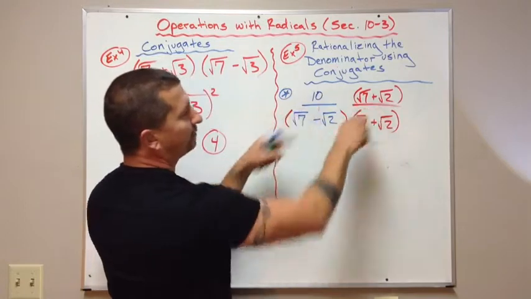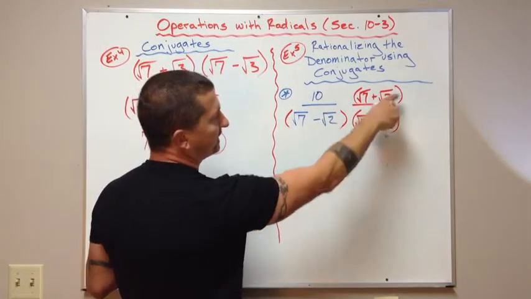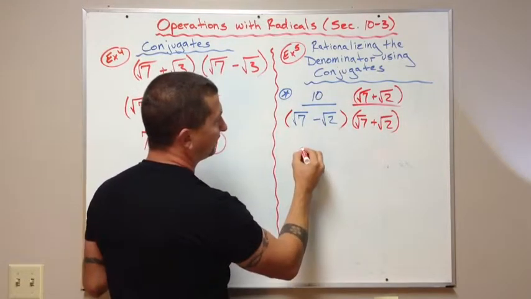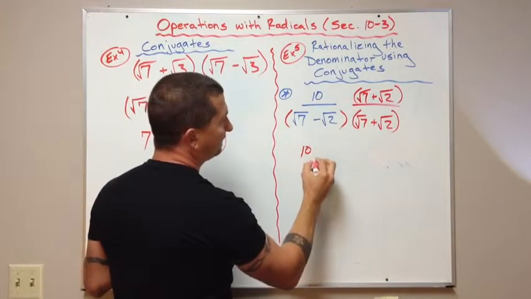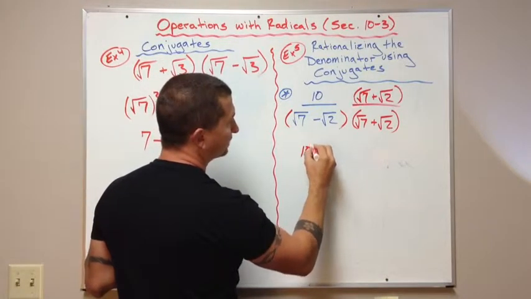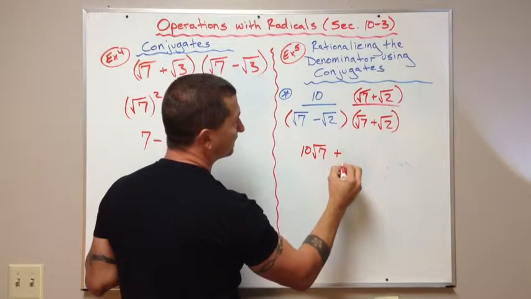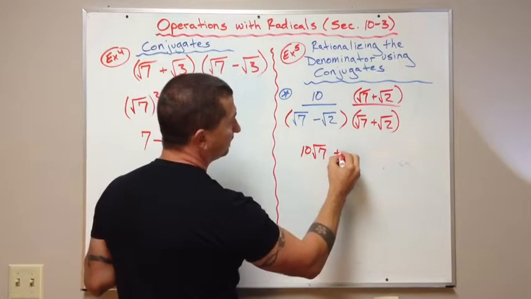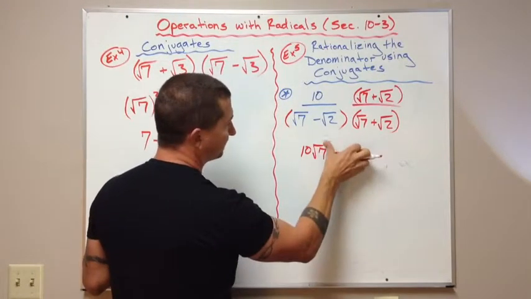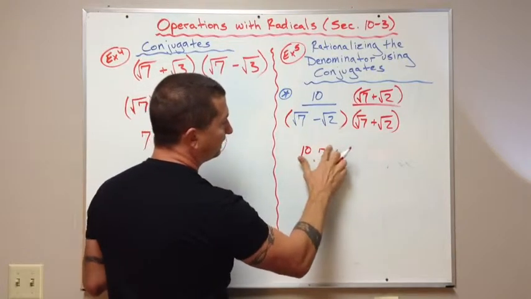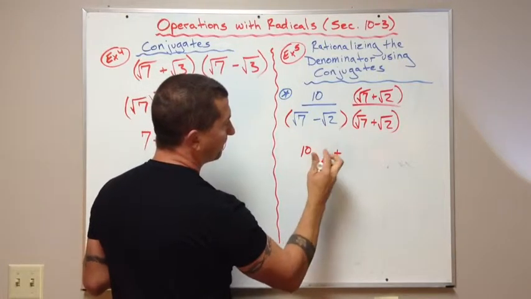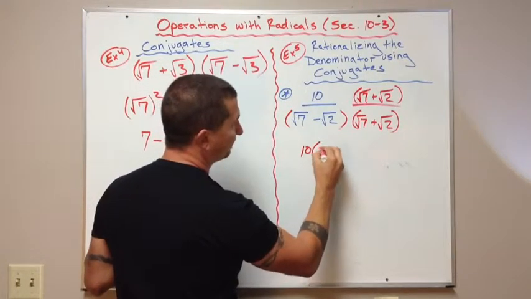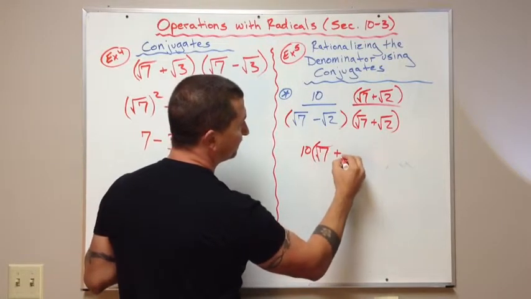So now let's do the numerator real quick. We're going to distribute the 10 to both of these, and we get 10 times the square root of 7 plus, well, right now let's just write it this way for right now. Square root of 7 plus the square root of 2